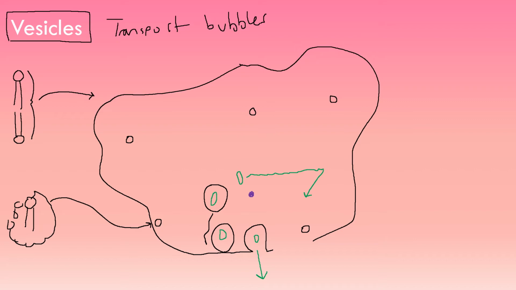So vesicles are really important in transporting things into and out of the cell. It works the opposite way. So this is exocytosis,